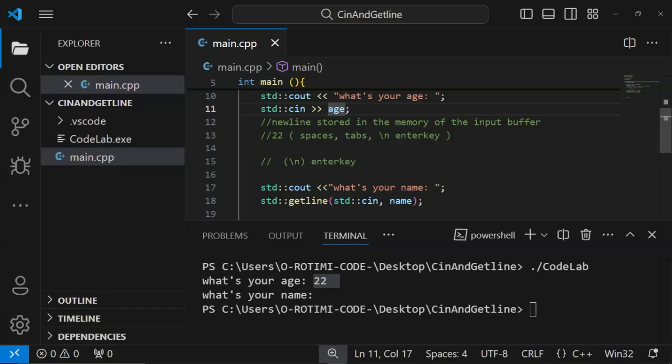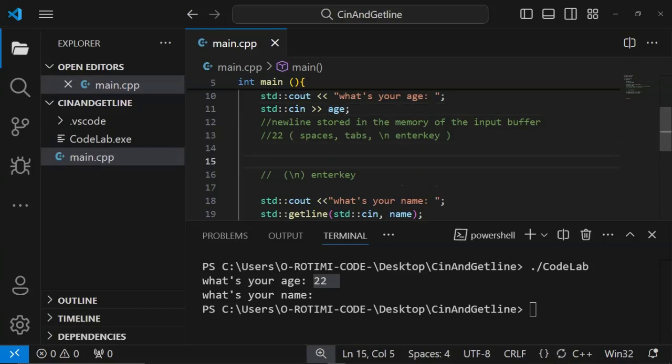So how can we solve that? The first thing you have to do is to understand that there's what is called clear. We're going to clear the memories of the input buffer. So let's say new line is stored in the memory of the buffer. What we're going to do now is clear this new line away from the input buffer in the memory,